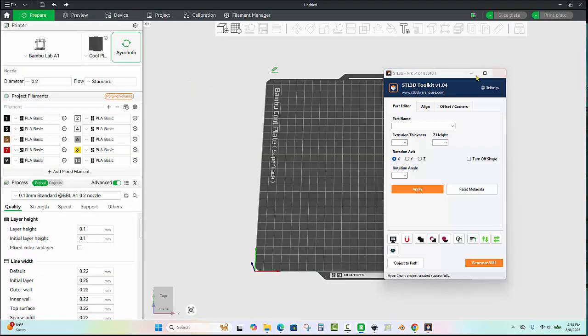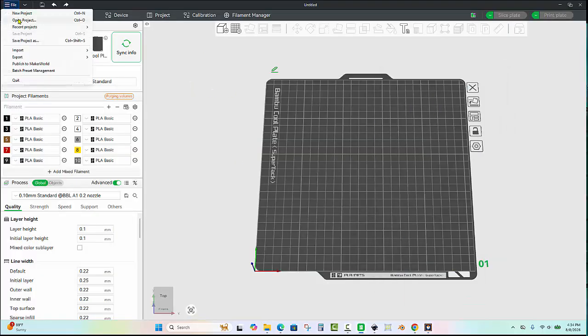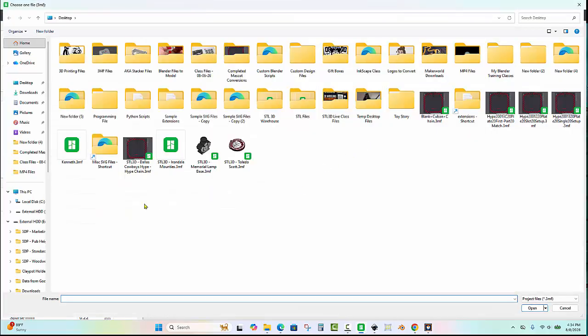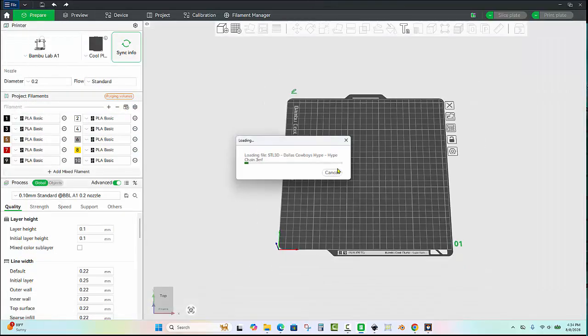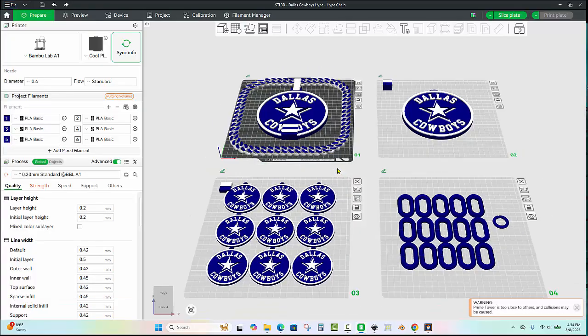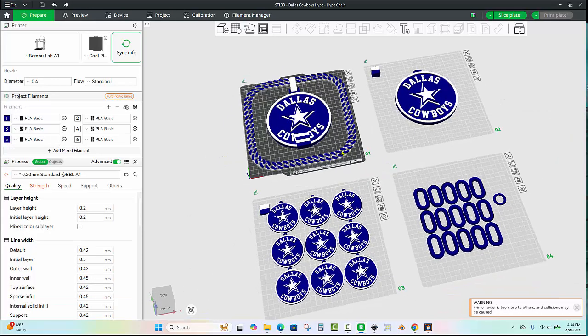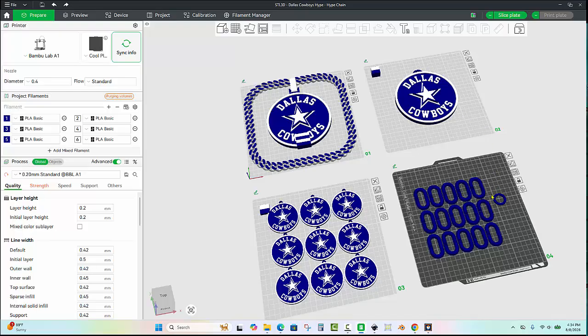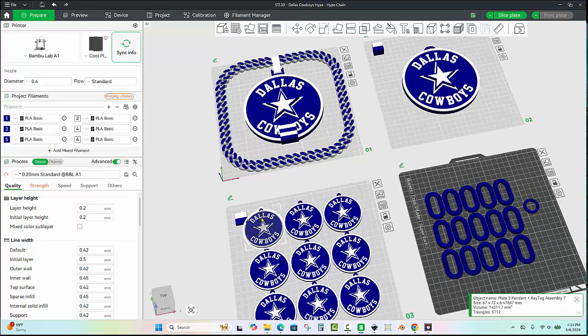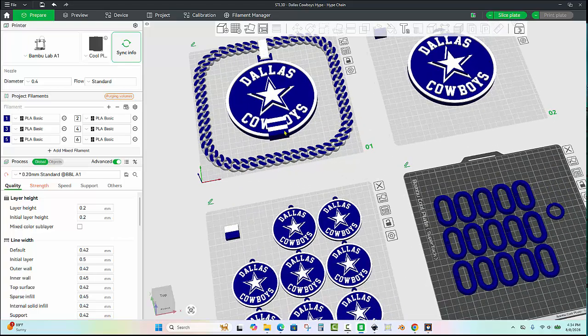So then we'll pop over here into Bamboo and show you what it did for us. We'll open up the Dallas one here. It gives us a Cuban hype chain, and then it gives us our regular hype chain. It gives us our regular links here, and then of course it gives us our keychains. Now, the simplest thing here is probably just to delete one of our keychains, and then here we do have to kind of reposition